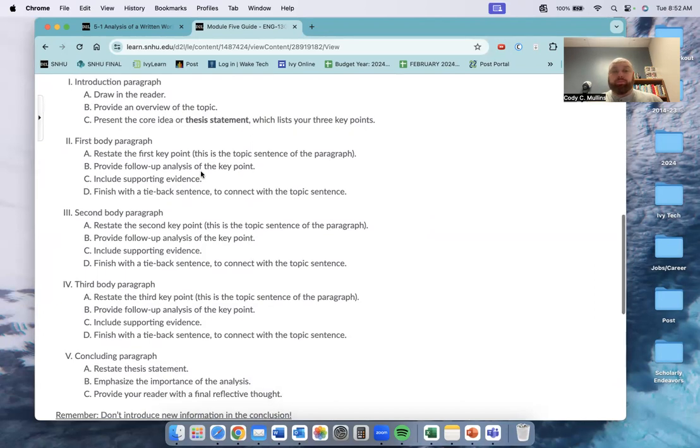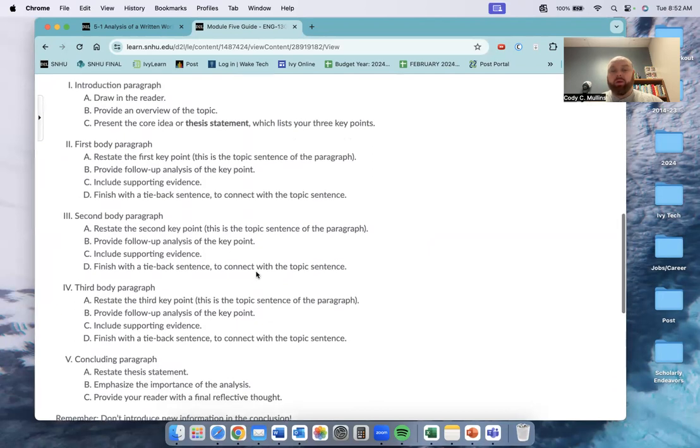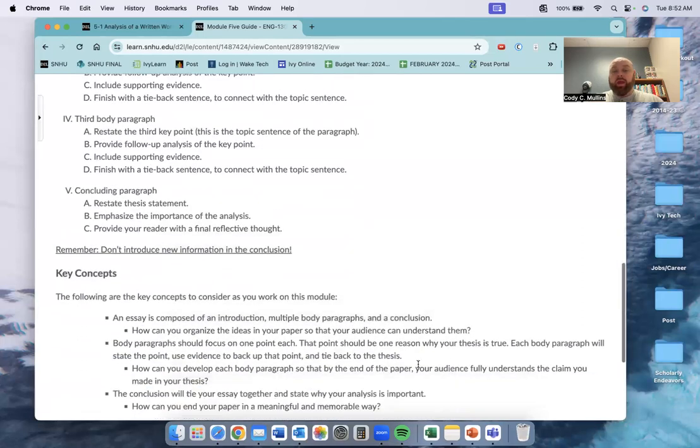This is a generic outline on the five paragraph model, which for this type of essay is pretty apropos: an introduction, three body paragraphs, and a concluding paragraph.